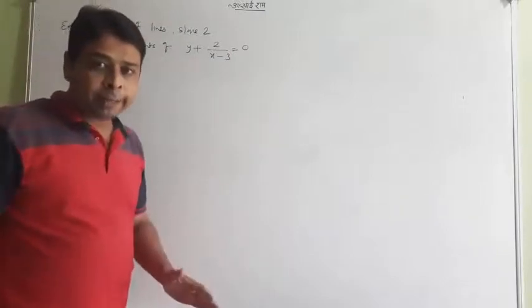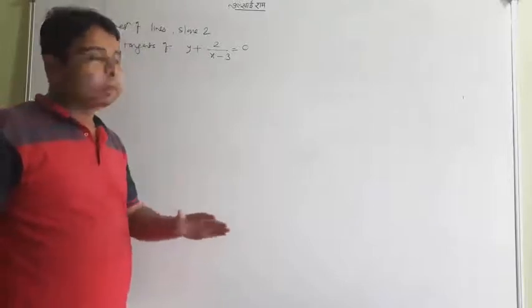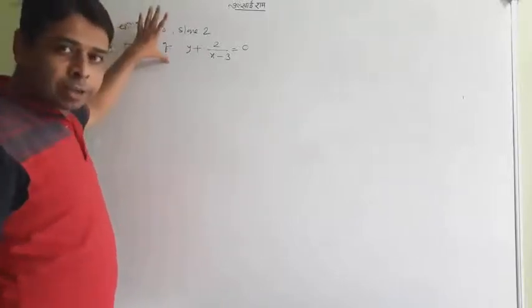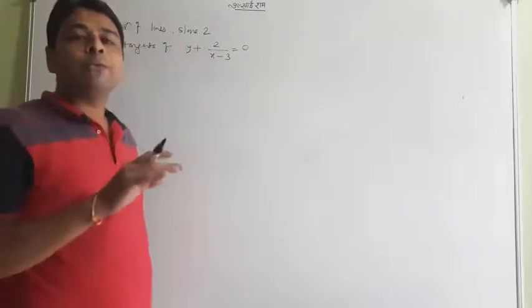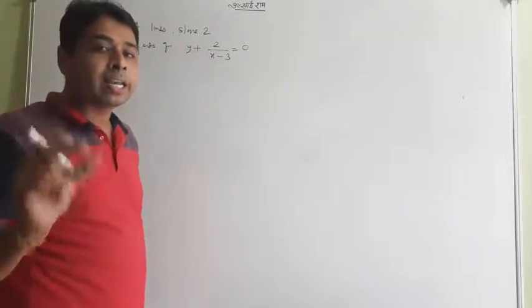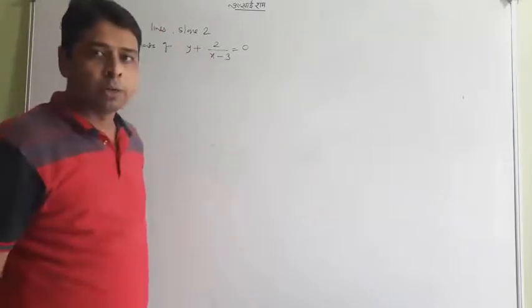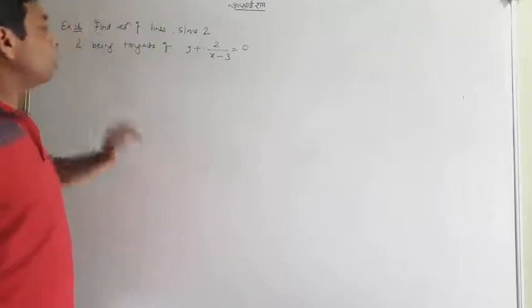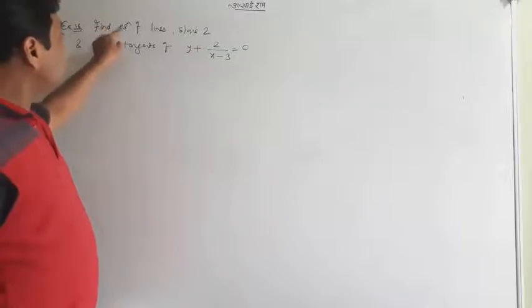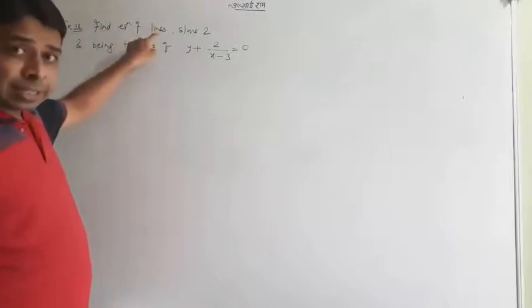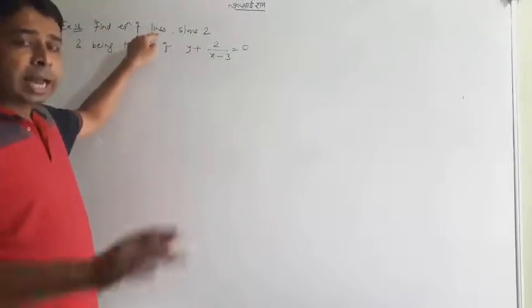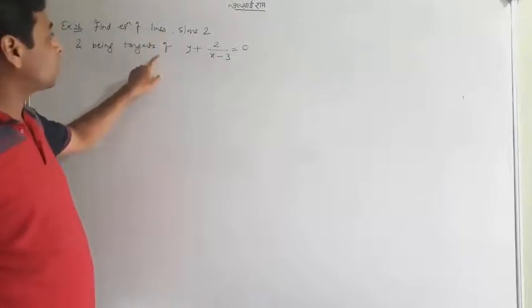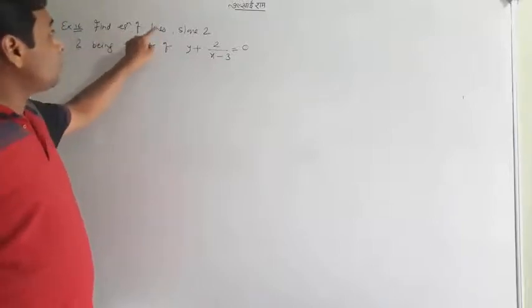I want to tell you again that you don't need to be afraid of a question or statement like that, because all kinds of questions or statements regarding that I explained initially, and in total 4-5 kinds of questions may be asked. In this question, find the equation of lines. Actually it is a tangent, because a line is none else, it is a tangent. Look at how it is written. Find the equation of lines